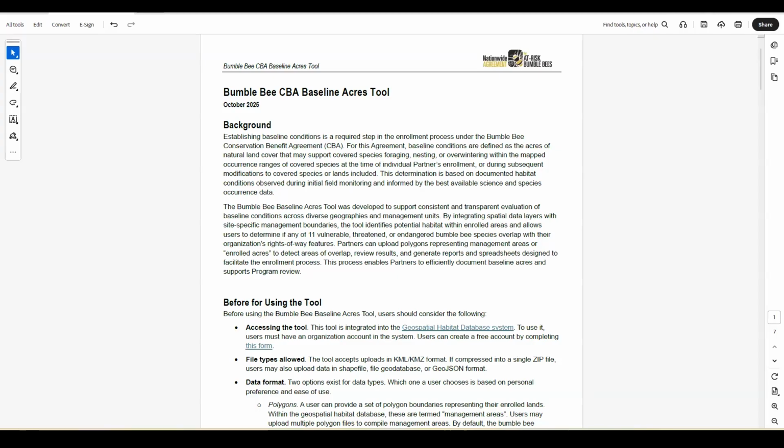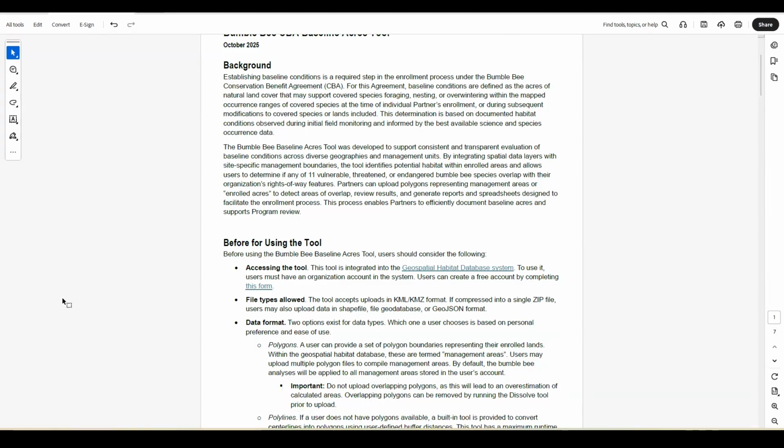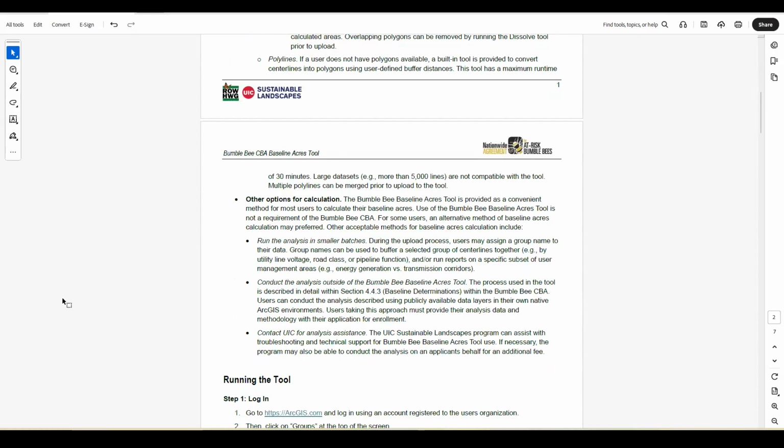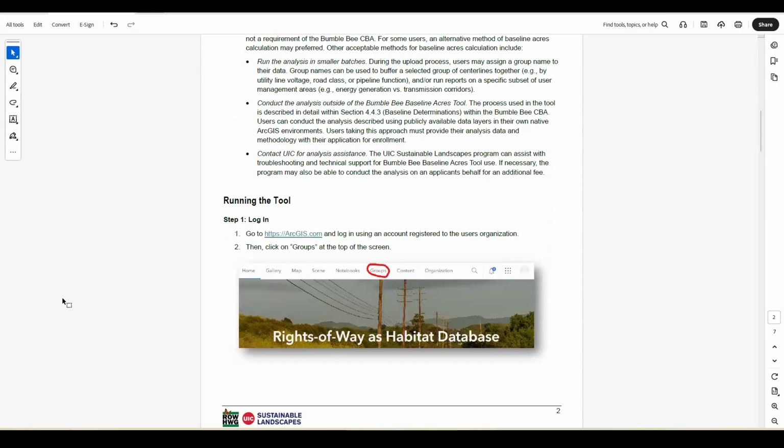Today I'm going to be talking about the Bumblebee CBA Baseline Acres tool. And we're going to show you first off, this is a really well documented tool. So this document here can walk users through exactly how to upload your data and use this tool in order